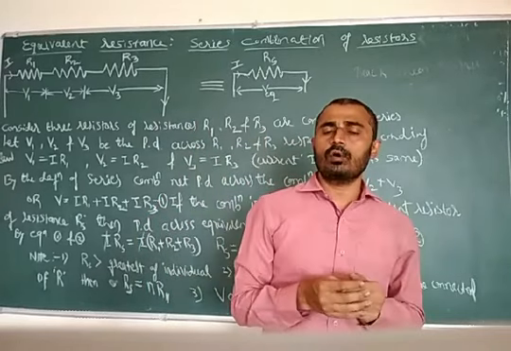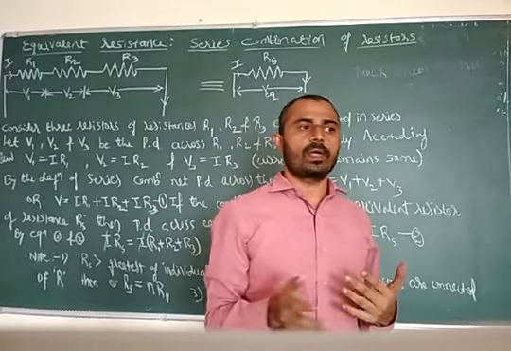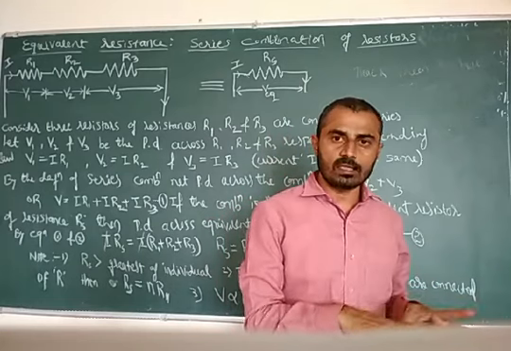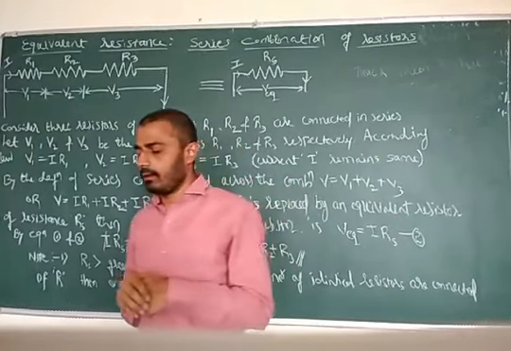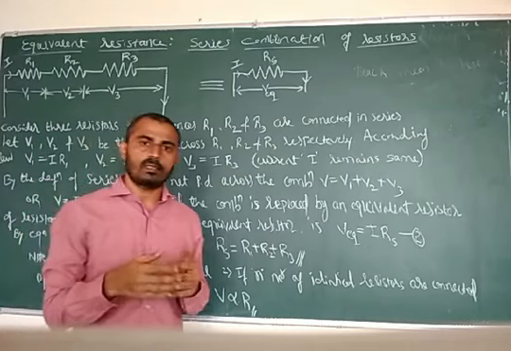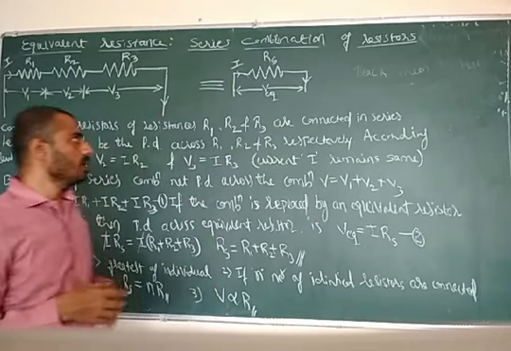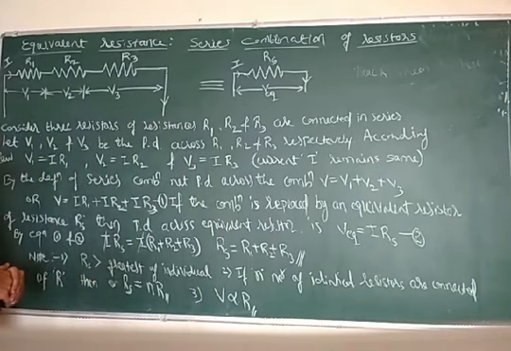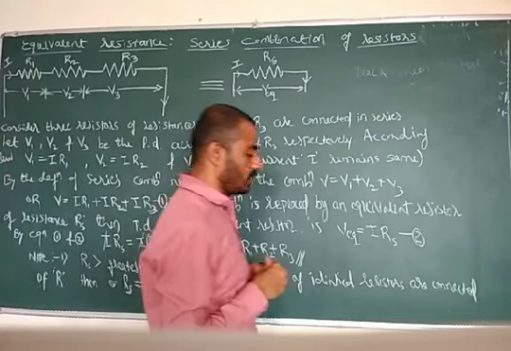Why do we require to combine these resistors in a different grouping? Why should we connect them in a series? Why should we connect them in parallel? What for do these have to be connected like this in a different grouping? Let us see first of all what actually is meant by series combination. What is meant by series combination?